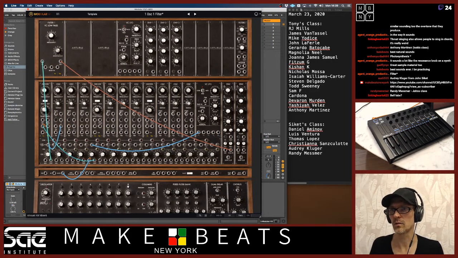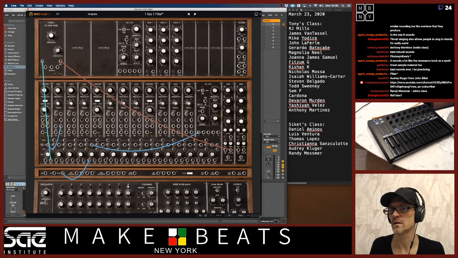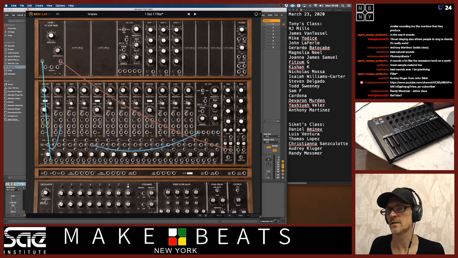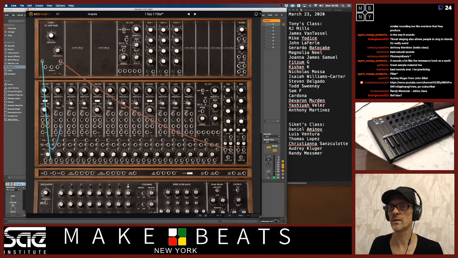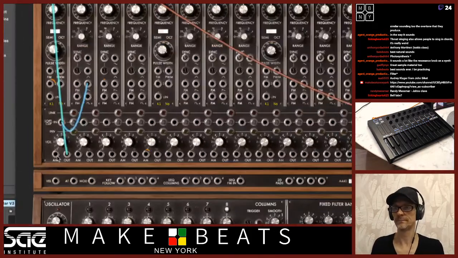Okay, let me get rid of this stuff. Hold on, how do I get rid of that? Remove connections, boop. I'm going to remove these connections so we're not confused. So really, we've only got 3 cables here, and this is all we need. There we go.